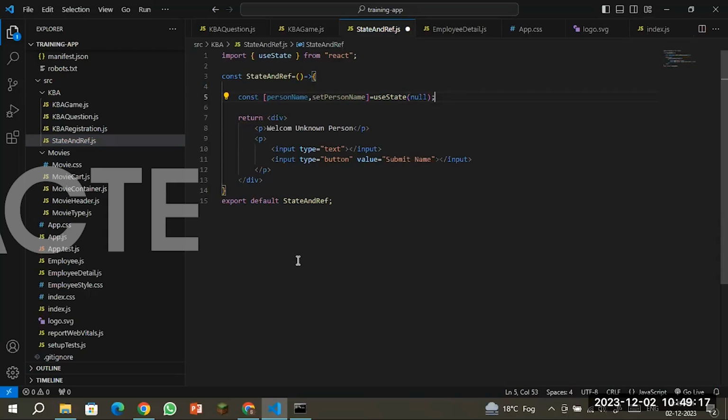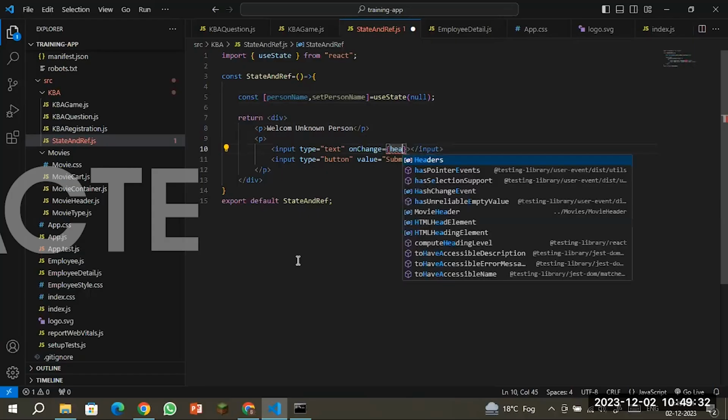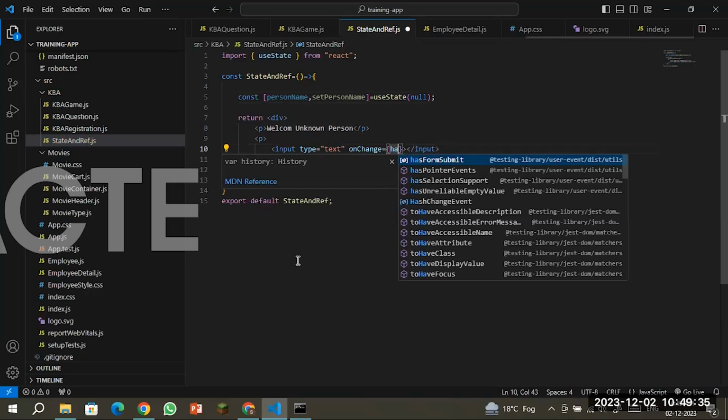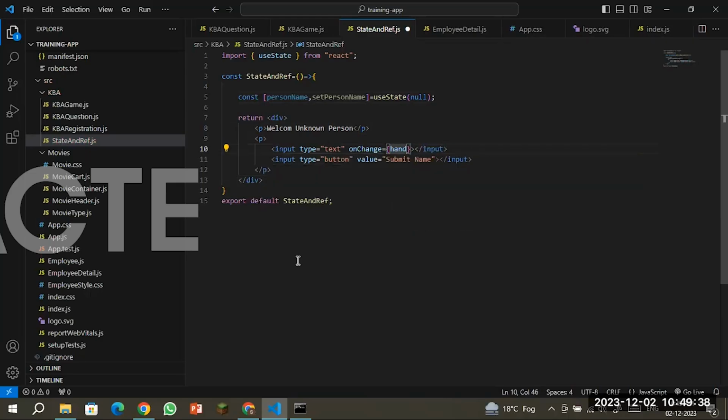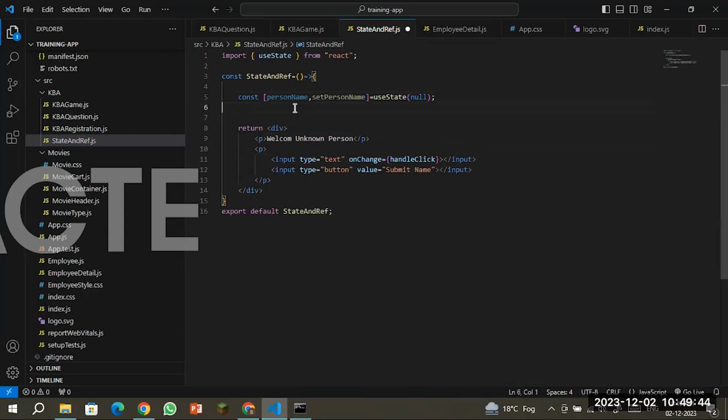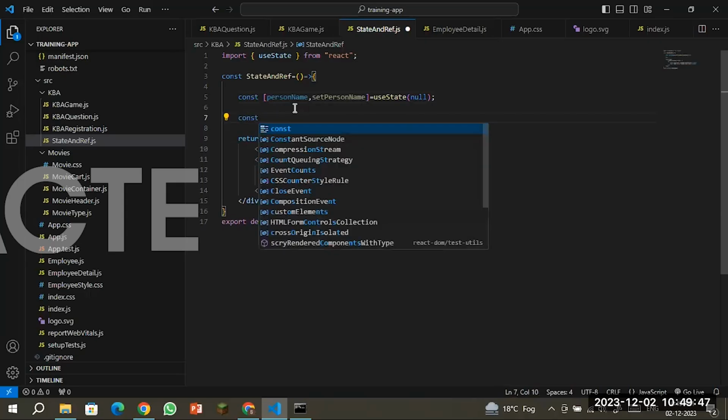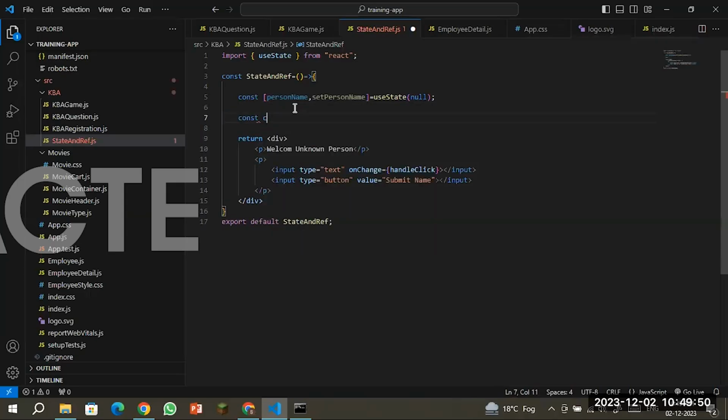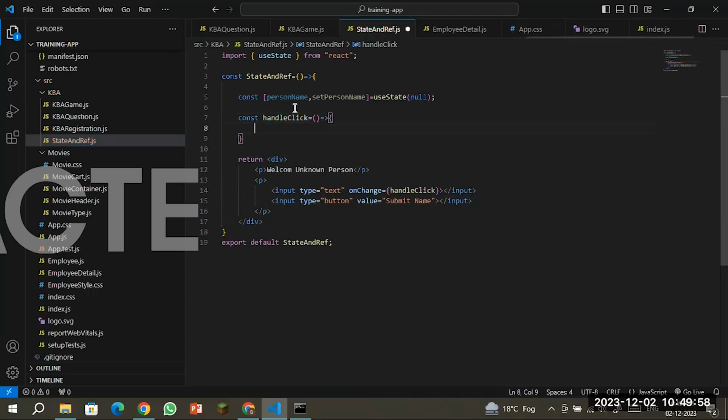Okay, and on the input box onChange, I need to make a function, handle click. Suppose this is my function name, and now const handleClick, and here